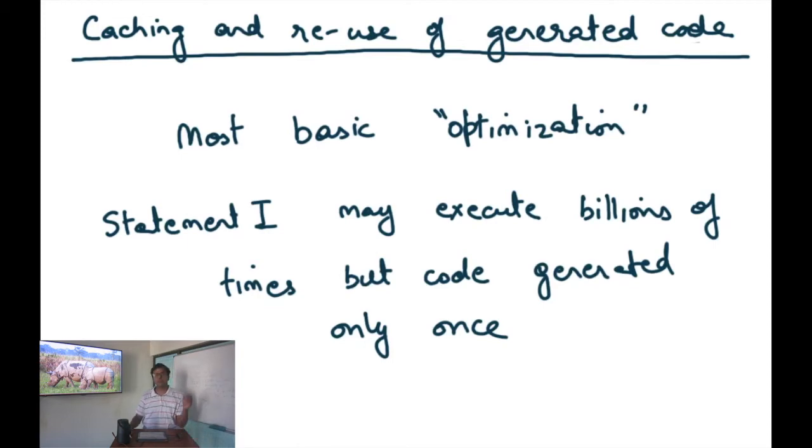And this is such a basic optimization that it's not even called an optimization. And when we talk about compilation, we just kind of assume that this is given, that for every static instruction in the source code, we generate a static set of assembly instructions in a one-to-one correspondence, and then whenever that particular statement is executed in the source code, the corresponding statement gets executed in the assembly code. And we take that for granted. But notice that this is actually an optimization.